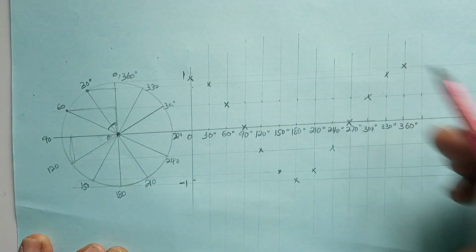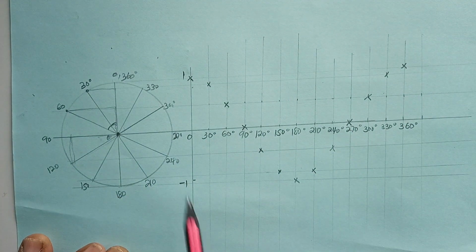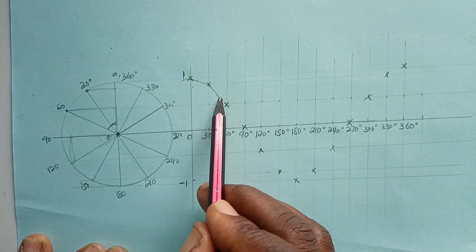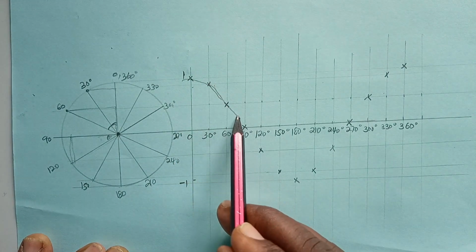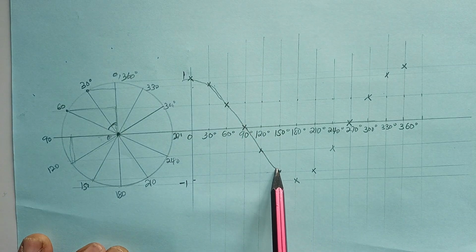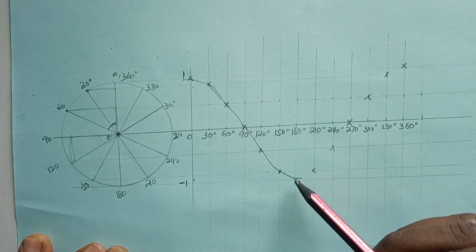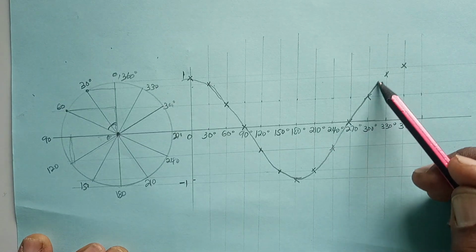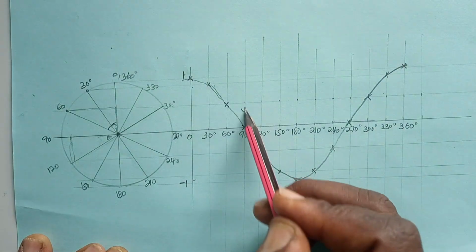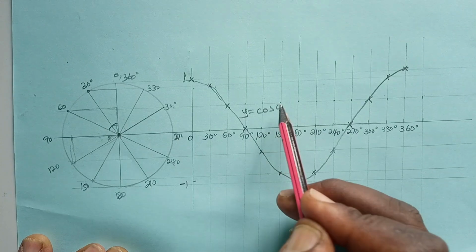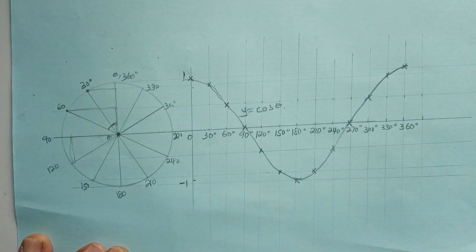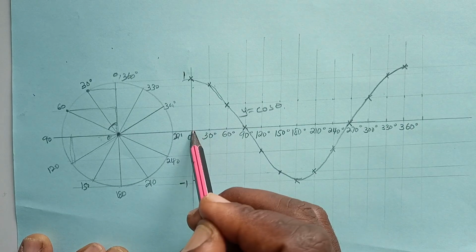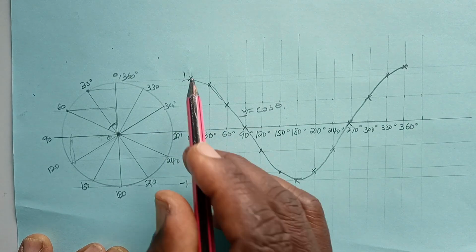And then we sketch our graph freehand like that. Down below, goes up like that. Now y is equal to cos theta. Theta is the angle. Then from 0, the amplitude is 1, from 0 to 1 on the positive and 0 to 1 on the